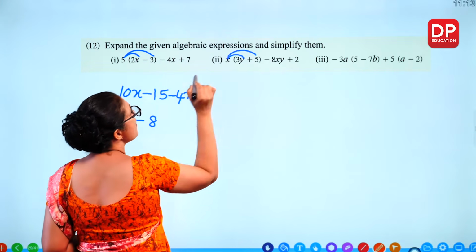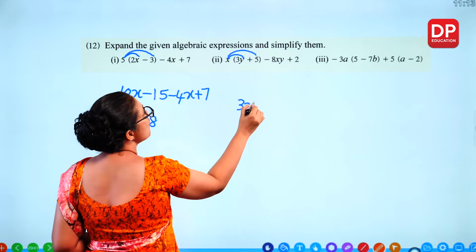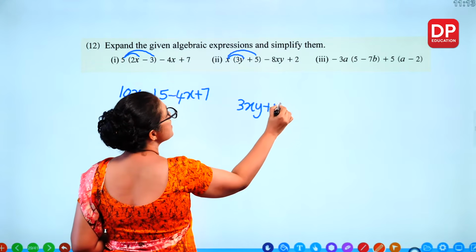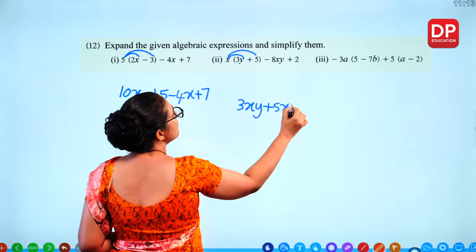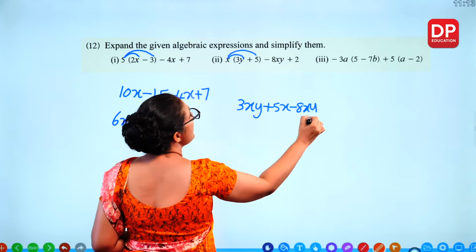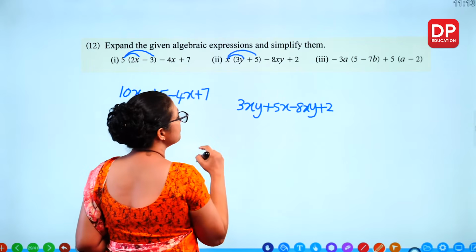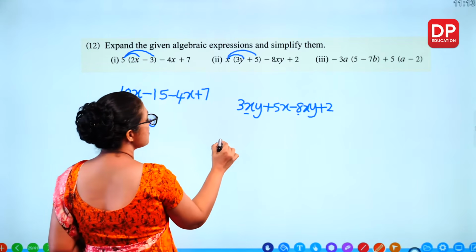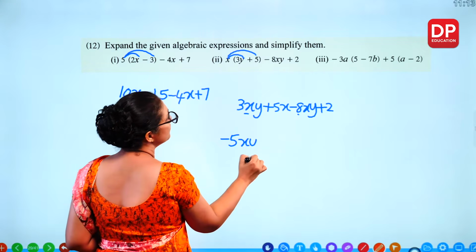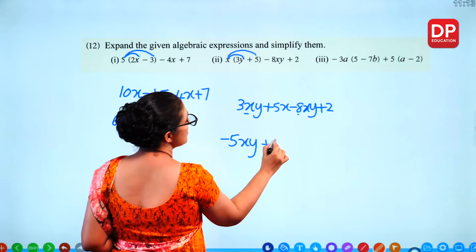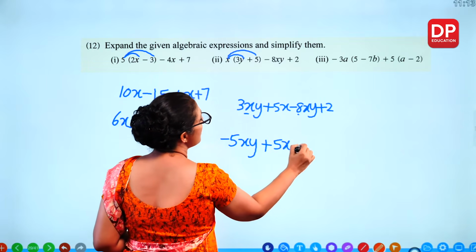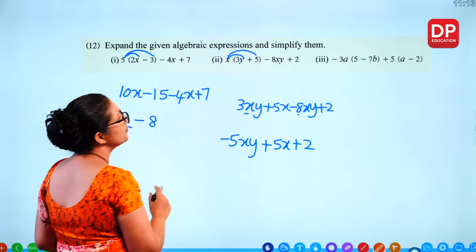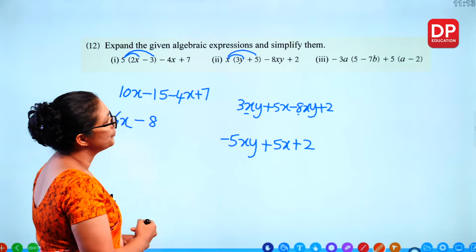Multiply these and expand. You get 3xy plus 5x. Minus 8xy and plus 2. These two like terms, 3 and minus 8 is minus 5xy. 5x is separately there and plus 2. You can't add these two. This one,